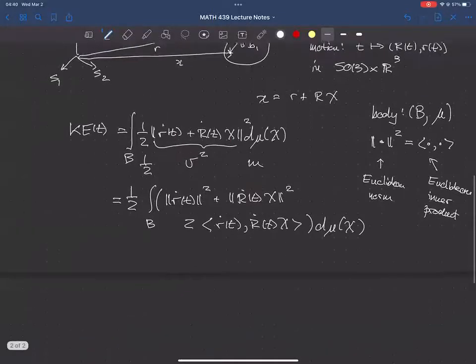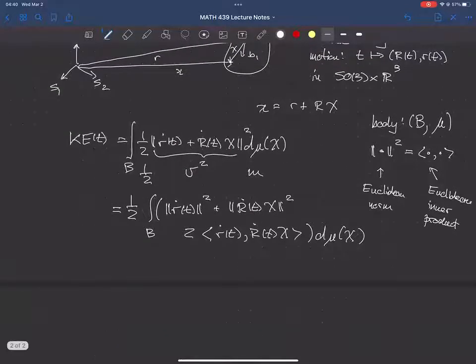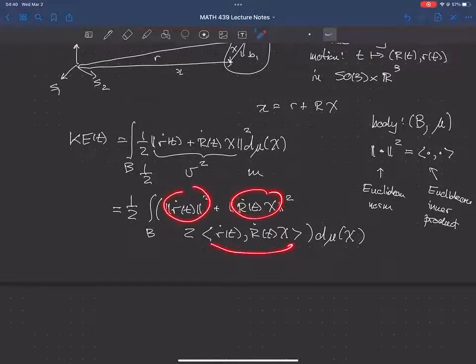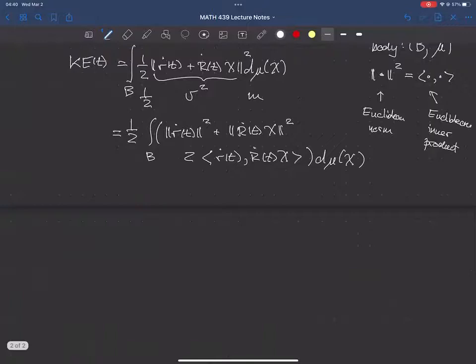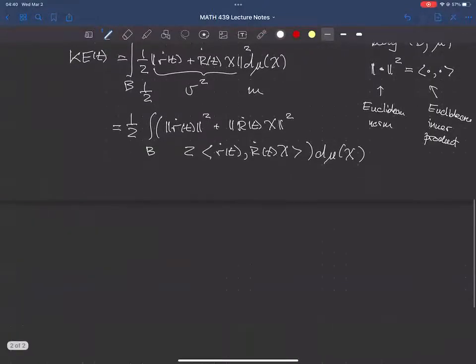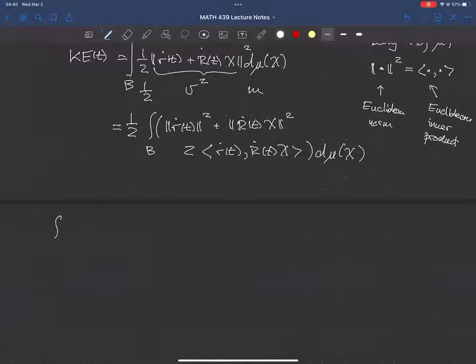All right, so now what we're going to do is we're going to look at the 3 terms in the integral here. And the first thing we'll do is we'll look at this one. Okay. So we want to look at the integral over the body of r dot of t, capital R dot chi, d mu. Okay,